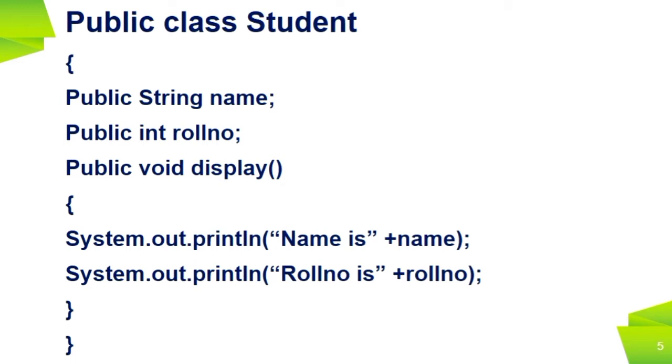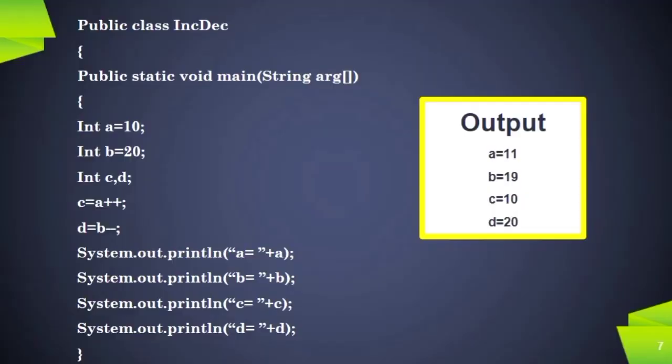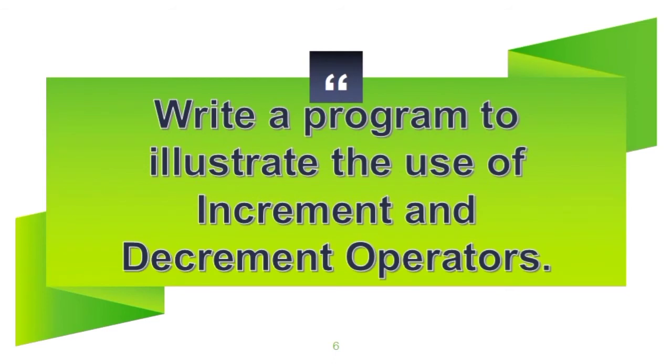Display is the method name with access specifier public, which means that it can be accessed by anyone, and return type void, which means that the method will not return any value except the text that we enter in the print statement. The body of the function is defined by a pair of flower brackets. The class ends with the right flower bracket. So this is the class declaration. In class declaration we are using access specifiers, methods and functions. Let us discuss with a program.